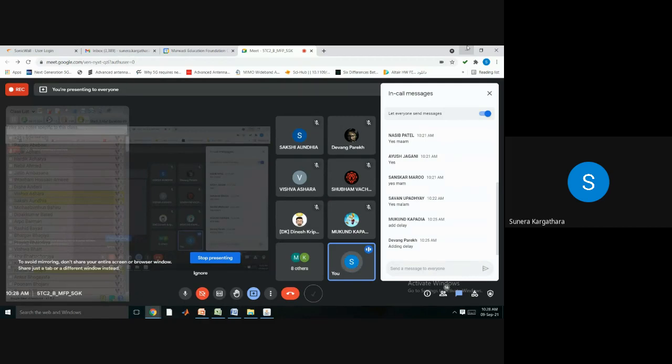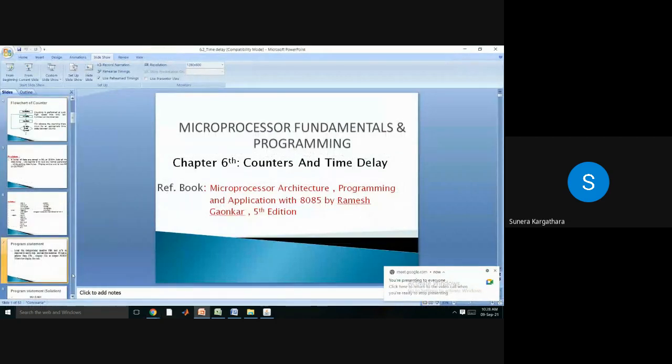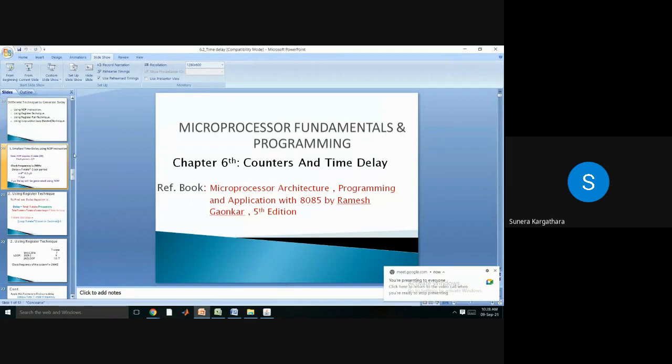So always, whenever we are designing a counter, along with that counter, we need to always think of the delay, and that is our next point with this. Now, how to provide a delay in between two count values, right? So time delay we want to,